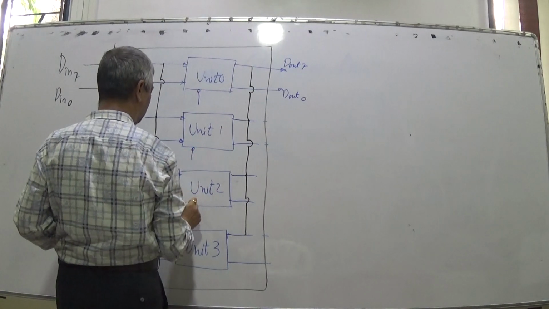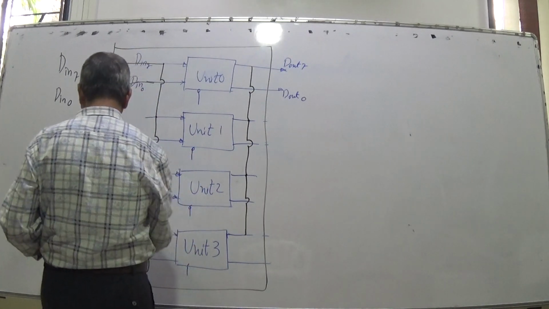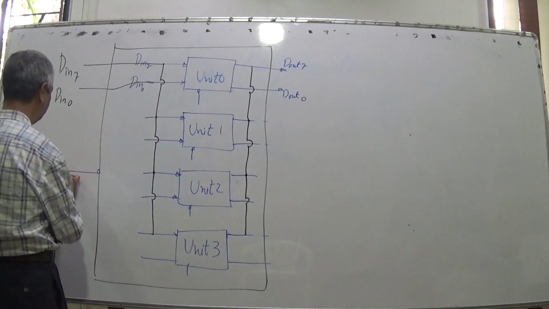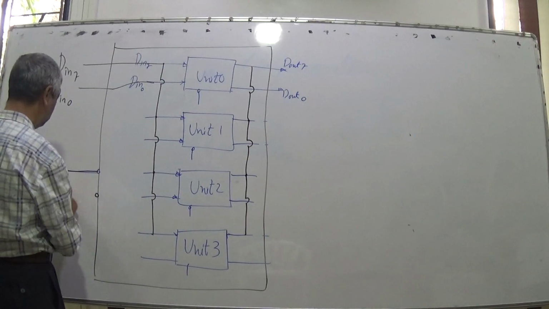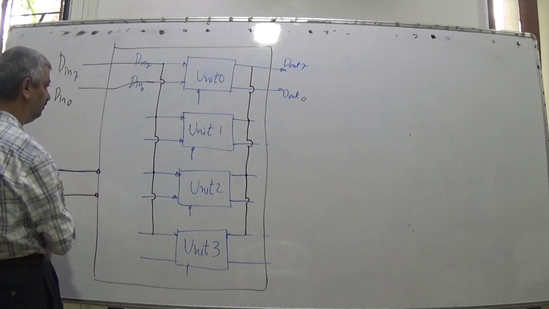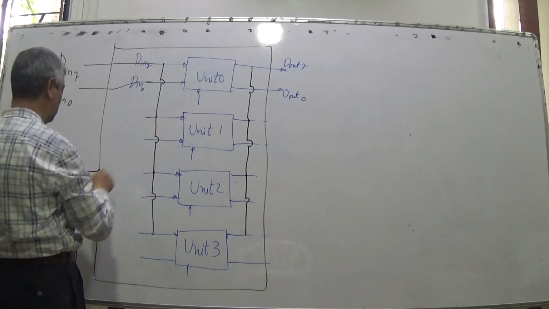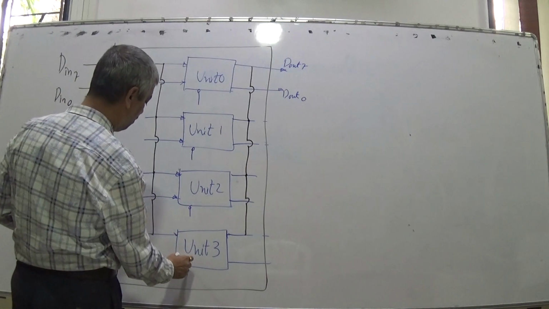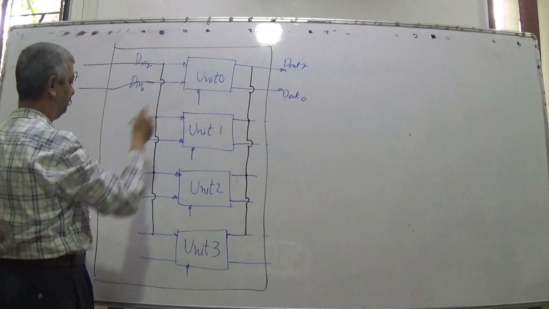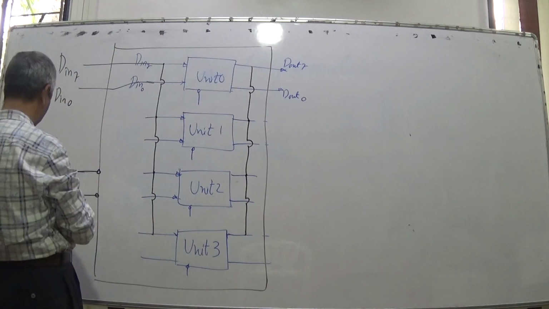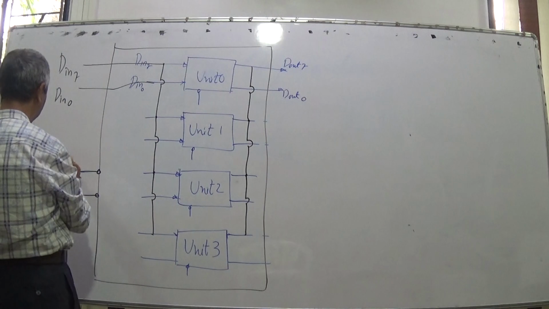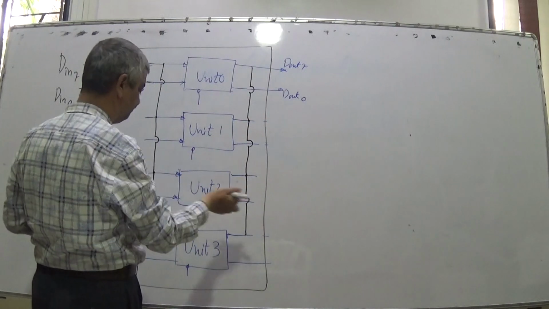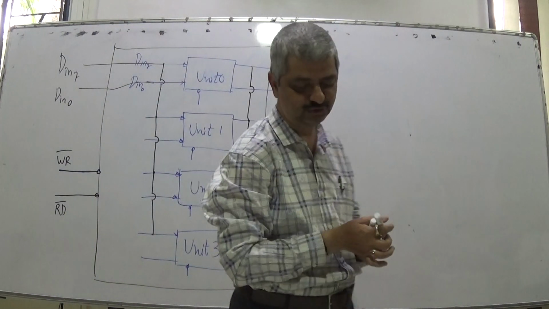This is having a read bar, and so on for each unit. So there will be an overall read bar, and this overall read bar will go to all of them, and likewise an overall write bar. Now you will say, I will give it to each of these. A problem will occur, because whatever is here will be written in all of them. Suppose I activate the write bar or the read bar, this will put data in all of them. That should not be allowed.